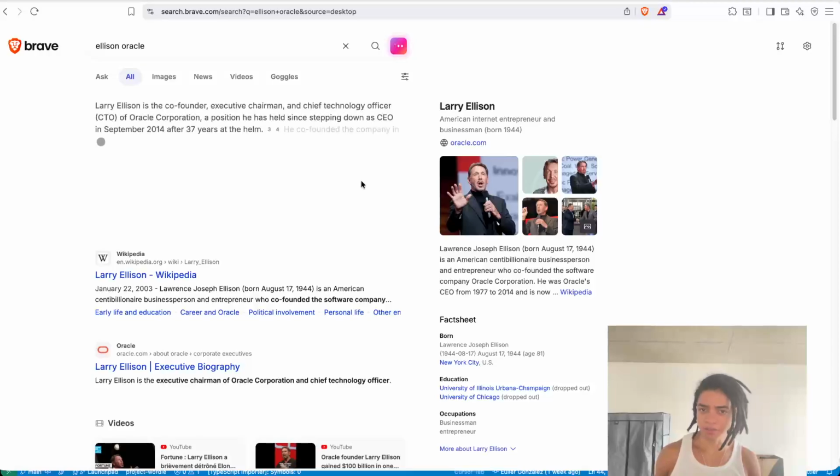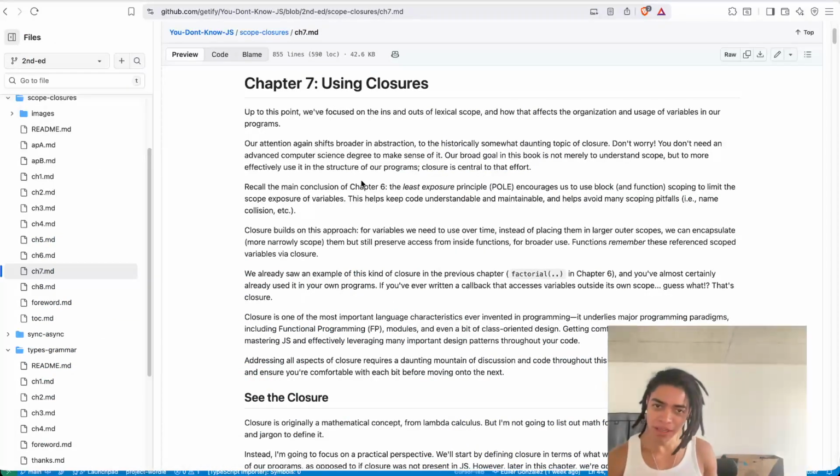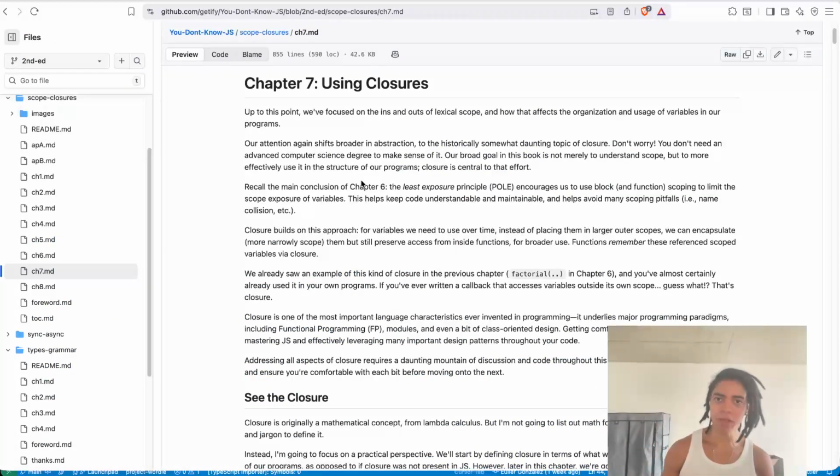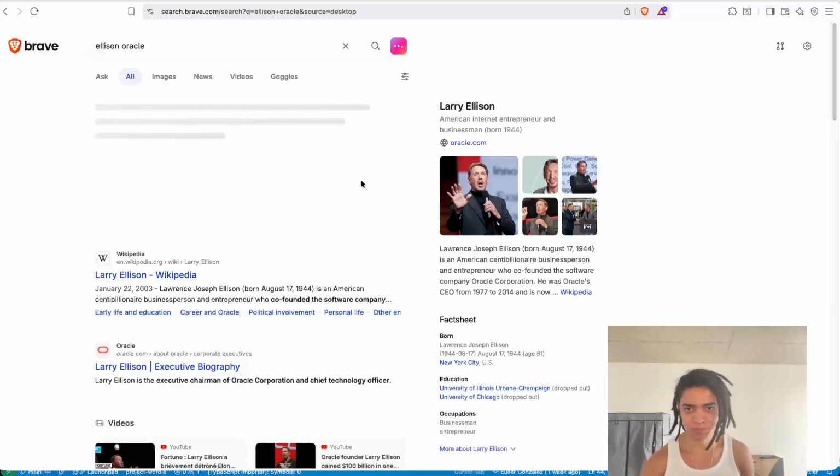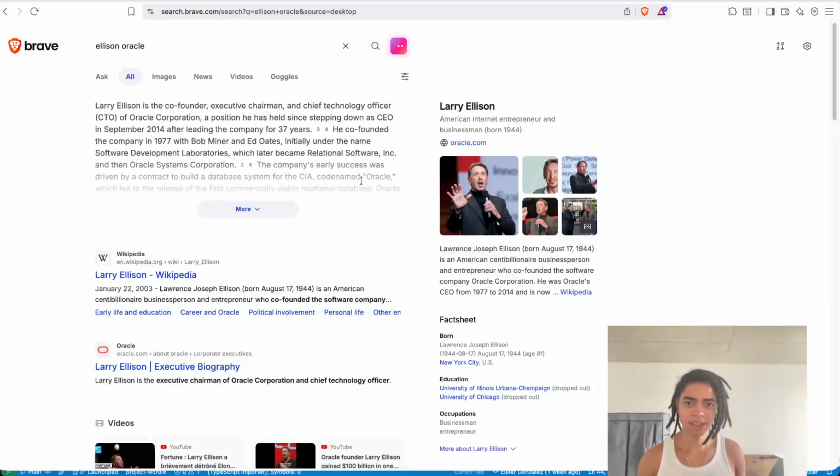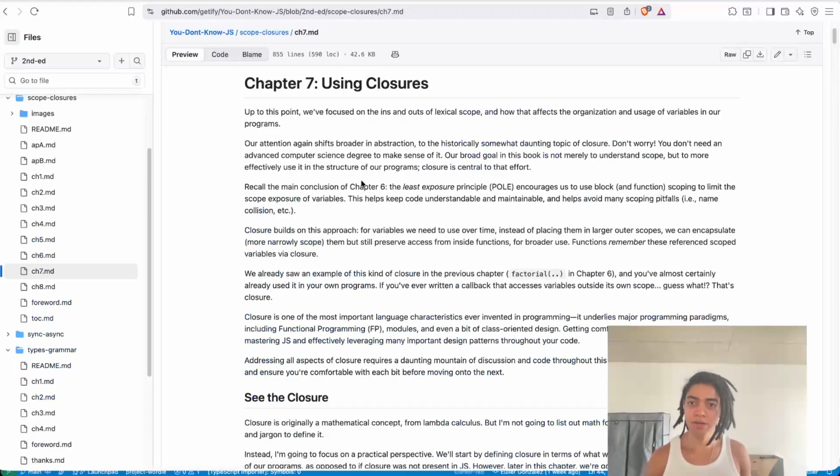Larry Ellison, okay? So Larry Ellison, all right? So Larry Ellison was in a good position to buy all of this asset through a